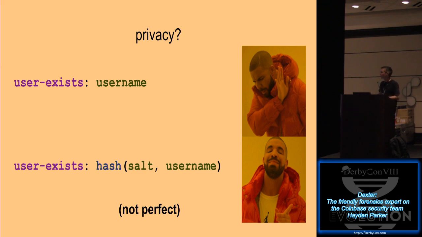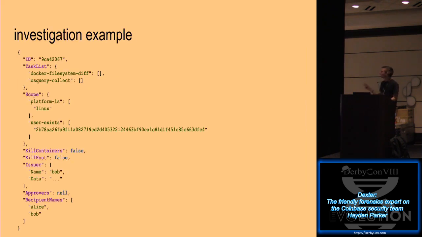Okay, this is not perfect because let's say the set that you're looking for is, say, 20 people. You can brute force that relatively fast. And if you use a hash algorithm that's slow enough that you can't, then it's going to be pretty hard for the host to actually do the verification, right? So there's an interesting problem here. All I'm trying to do is raise the bar, right? Make it a little bit harder. But there's definitely room for improvement on this. We're using Argon2, so we can adjust the requirements for the hash difficulty with different variables.